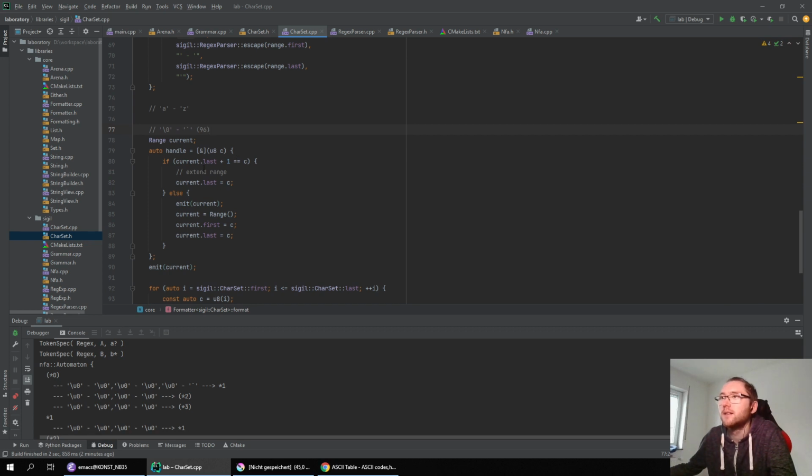So how do I compress those? This method is called with each character which I should print. So if range is 0, 0,